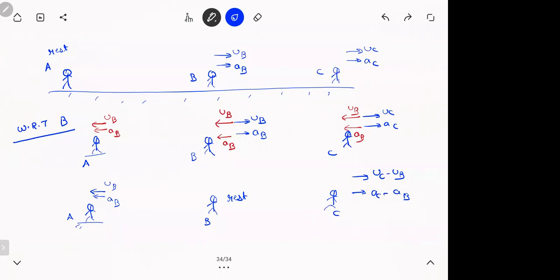Have a look at this. Ask me if you're confused here, anything. This is an important thing. So this is how we solve all the problems. This is the main idea. We choose an observer, take his velocity and acceleration vectorially, subtract it from everyone. And then we will see new velocities and new accelerations. And then I'll tell you how to solve after that. But this is the main thing. Any doubts on this particular part, please ask me. Anything you're not convinced or didn't understand, please ask.